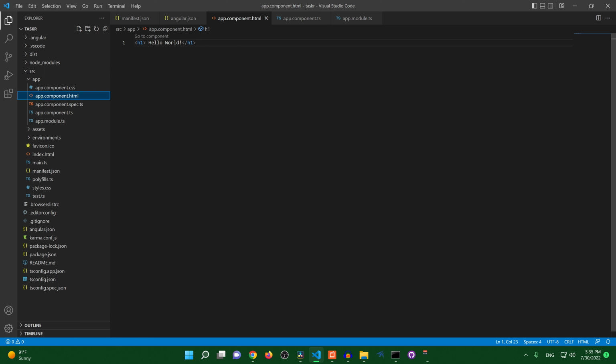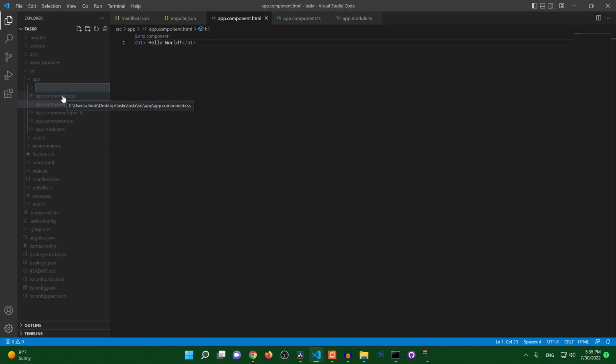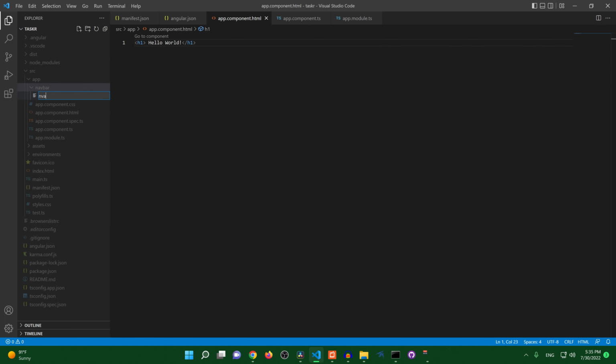So the first thing that I would like to do at this point is I would like to create a folder for our navigation bar that we're going to create for our Chrome extension. So let's go ahead and go to new folder, and we're going to call this folder Navbar. Now there's 3 files that we're going to need to put in here, so let's go ahead and put them in. First is going to be a TypeScript file, so we'll call this